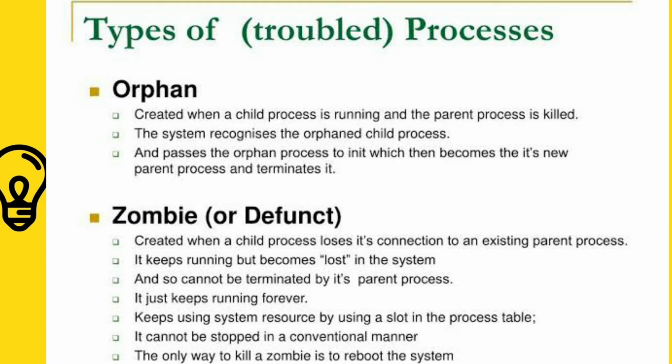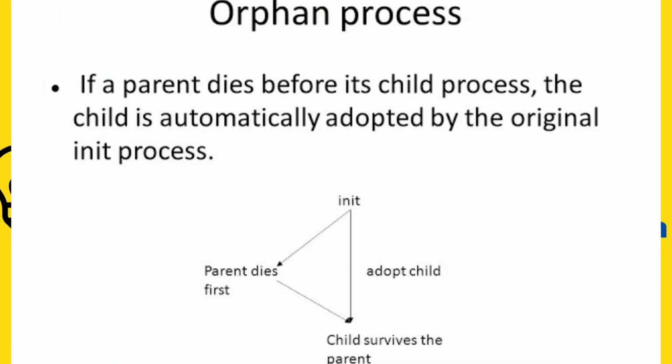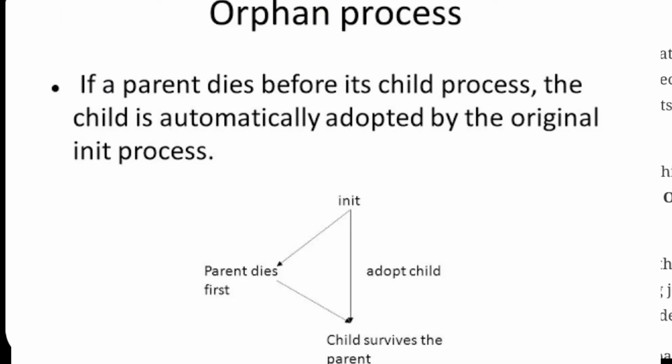It's very easy to spot an orphan process. An orphan process is a user process which has init, ID equal to 1, as its parent. You can use this command in Linux to find or locate orphan processes. It will show a list of orphan processes running in your system.